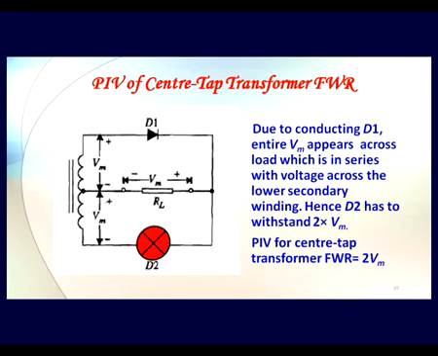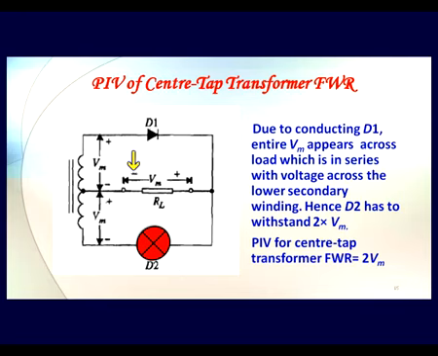Now what will be the PIV or the peak inverse voltage in this particular case? See that due to conduction of D1, say if we consider a positive half cycle, then in that case our D1 is conducting, whereas D2 is the reverse biased diode. So we have to cater for what is the peak inverse voltage that this D2 diode should be able to withstand. So for this, since this is positive, D1 is conducting fully, consider that its internal resistance is 0, then that entire input is appearing across the load.